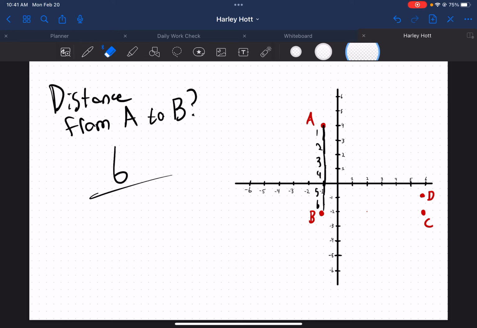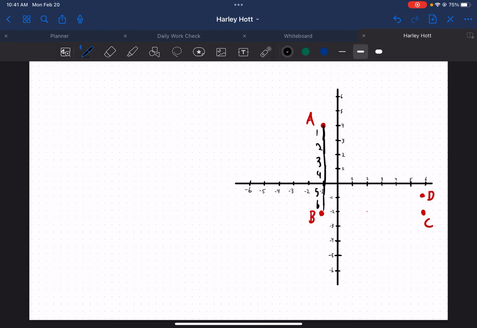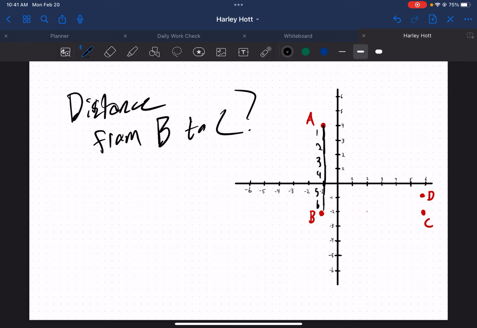Rather than counting point by point, if I were to ask you the distance from B to C, we could just start counting, 1, 2, 3, and so on and so forth. But it can be helpful to look at what these points actually are. First off, I know that this is -1, -2. And I know this point C is